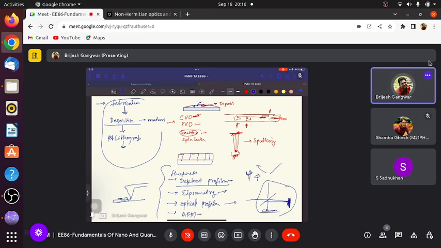From that they calculate your refractive index as well as the thickness of your film. So mostly ellipsometry is done for substrates which are transparent, or where light can transmit through. You cannot measure the thickness and refractive index of gold with ellipsometry,